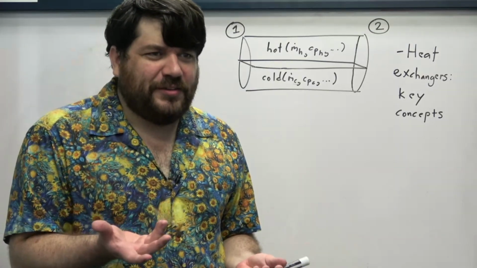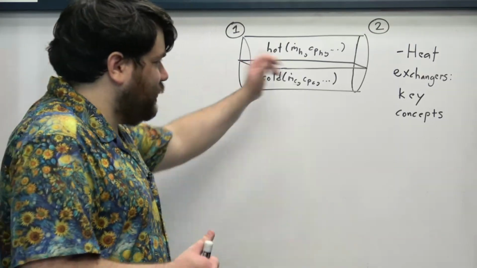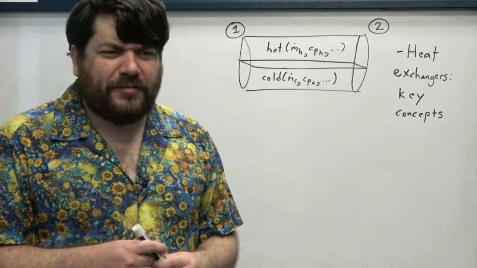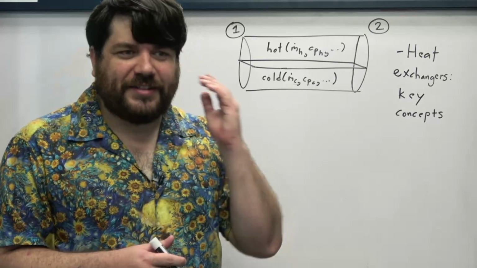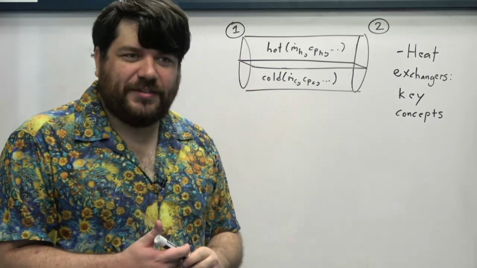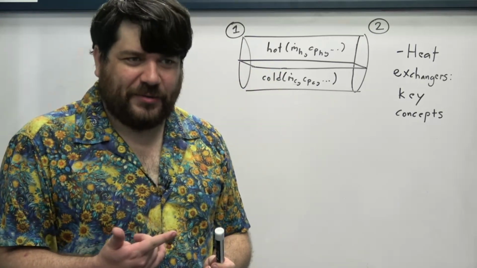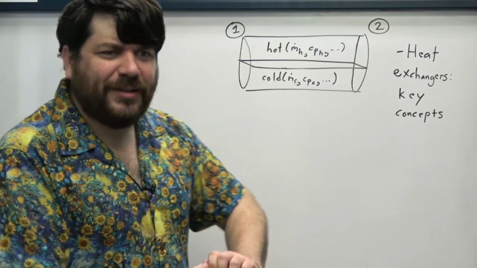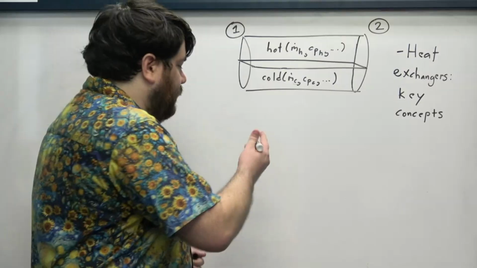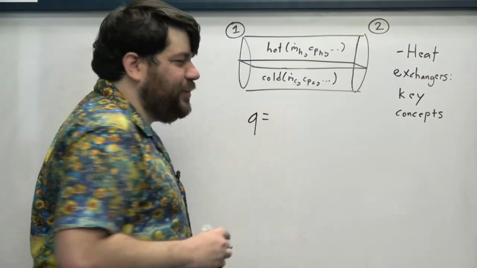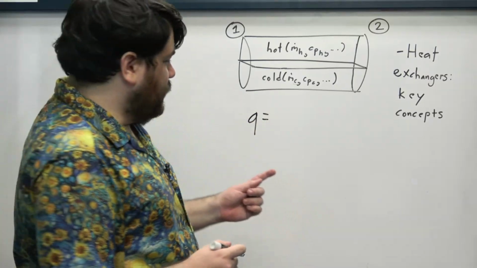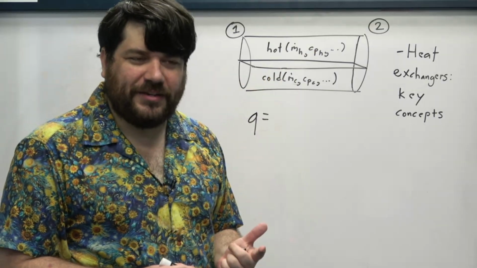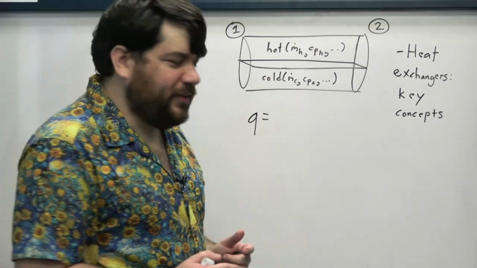Are there other equations that we can use to find the heat transfer rate through the system? Of course. We can find one right off the bat by recognizing that this is an internal flow for both the hot and the cold liquid, and so that golden rule for internal flow still certainly applies. We can absolutely still say that the heat transfer from the hot liquid to the cold liquid can be characterized